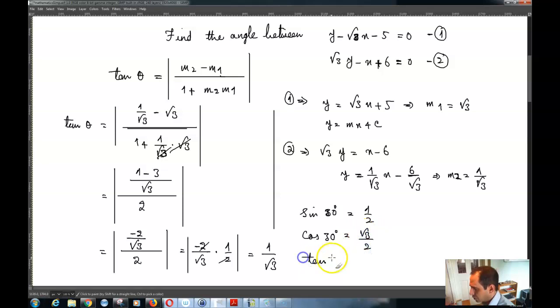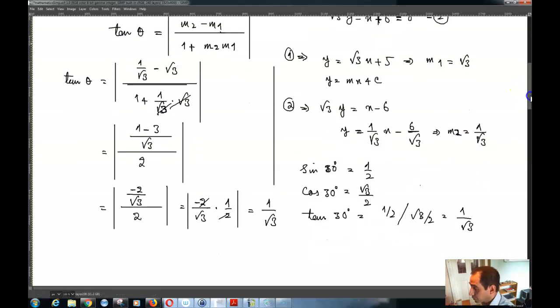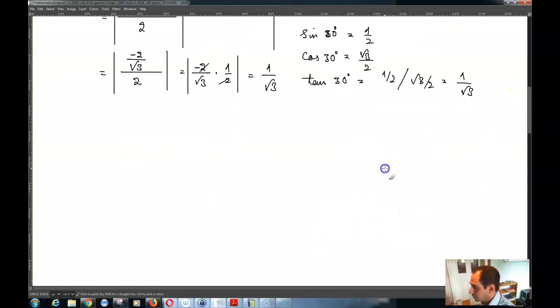So tan of 30 degrees is going to be equal to 1 over 2 divided by square root of 3 by 2, which is equal to 1 over square root of 3. So what that means is that if tan of 30 degrees is equal to 1 over square root of 3, there will be another angle that has the same